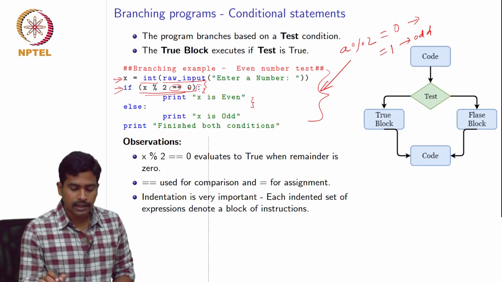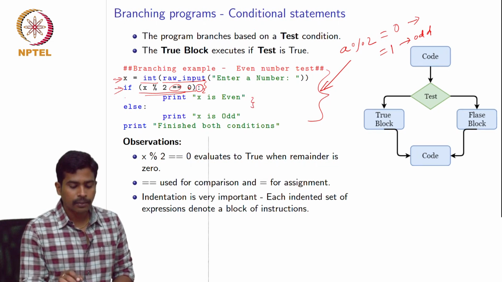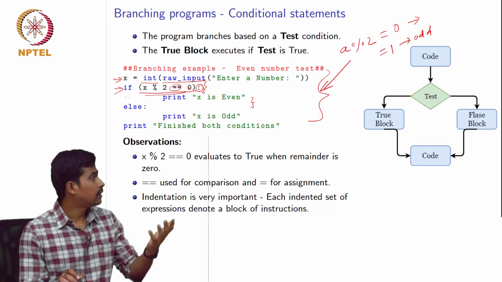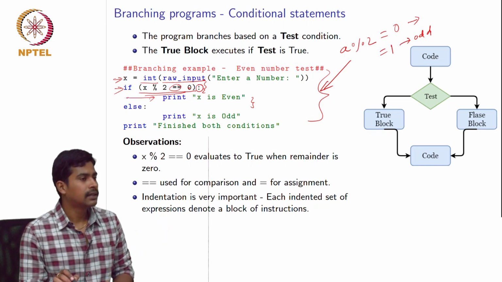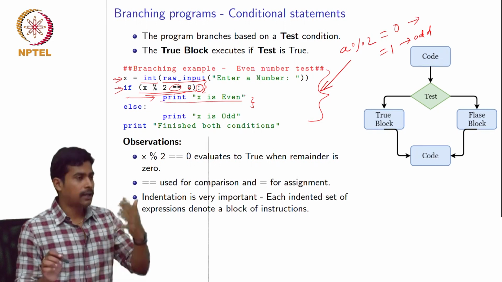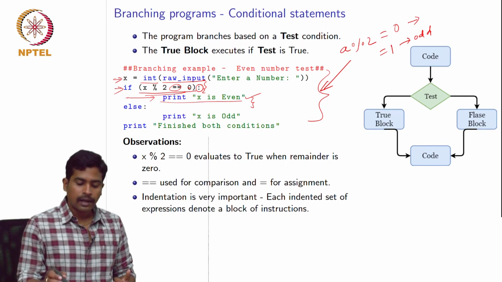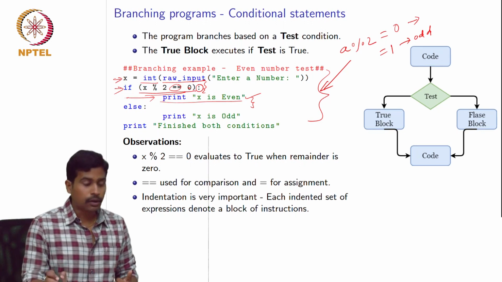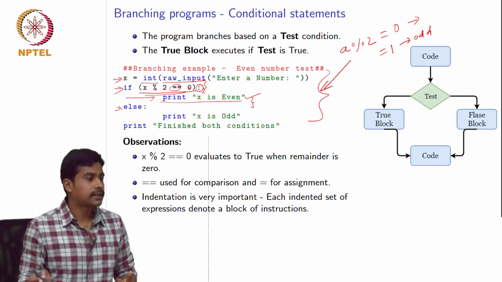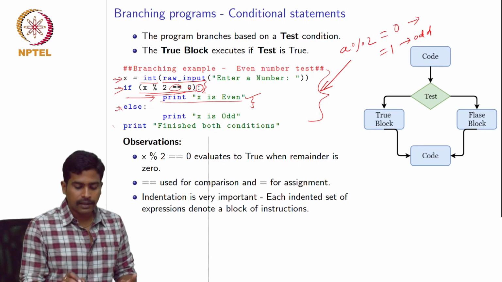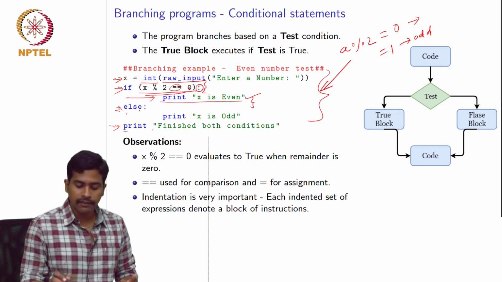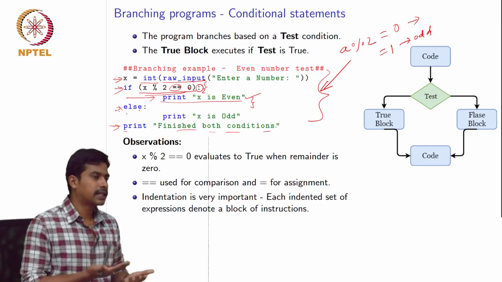So we have to use this colon, and after the colon, the moment you press enter, the Python editor itself will give this extra spacing, and here you have to write whatever commands you want to write. So here we want to say it's an even number, and we use this command, and if this condition is not true, the program will come to the else statement, and in the else statement we want to say x is an odd number. Finally, after one of these two is executed, the program comes here, and we say I finished checking both of the conditions.